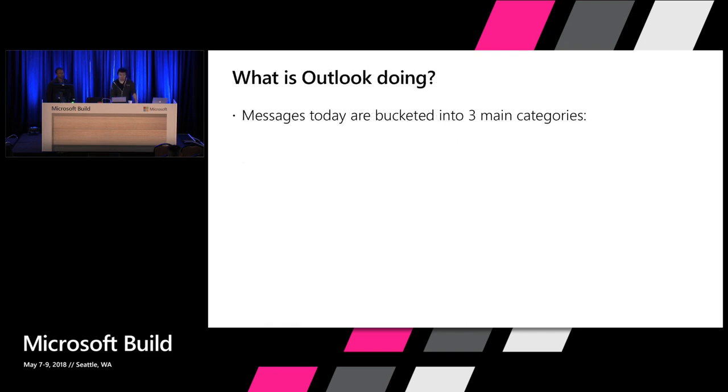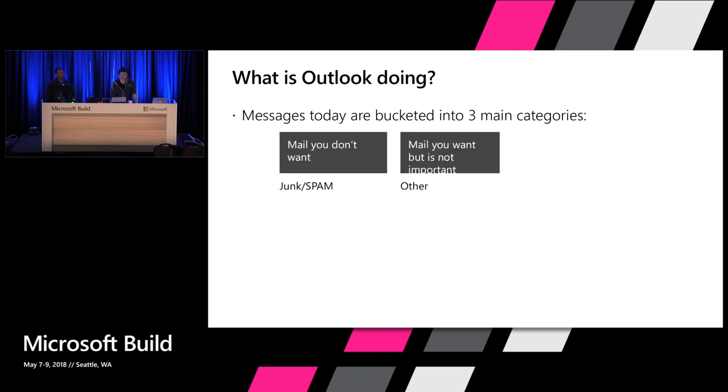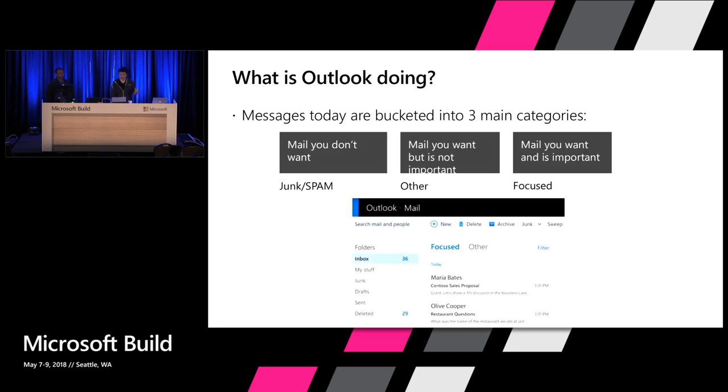So when you look at what we're doing to try to make email more relevant, here's what Outlook is doing by itself, right? So we think about email in three categories, and you can see this in the user experience in Outlook. The first one is just things that you don't want. Emails you don't want to see, they go into junk and spam. The second category is things that you may want to see, but it's not as important, and that goes into the other inbox. And then the last one is mail that you do want to see, and those land in focus today. So within Outlook, without any help from developers or senders, we take all the information about your behaviors and all the information about whether this email is relevant, and we try to categorize things so that the most relevant emails are the ones that you see.